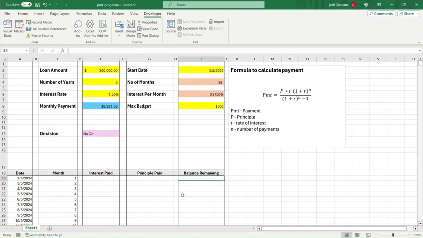So all I need to do is do the balance remaining, right? So I know what's the initial loan amount, and then I can say how much I'm paying, and of that, what is the interest paid, principal paid, and what's the balance remaining, right? It's easier for us to visualize this. Okay, so going back to the code,